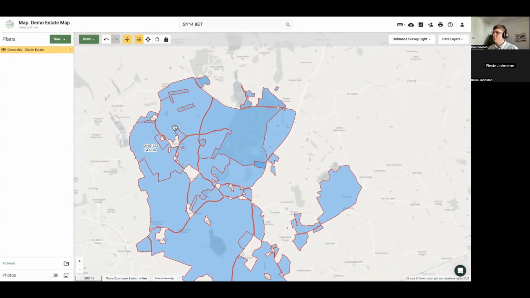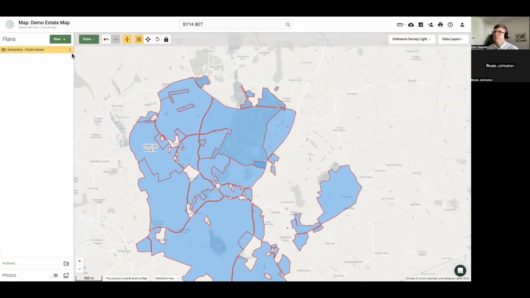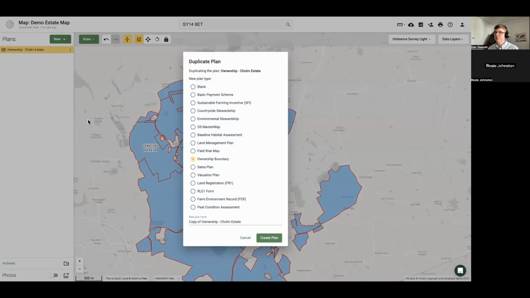The other thing that you may want to do is add some labels, but I will firstly just quickly move over to the tenancy planning before I do that. To create that tenancy map then, what I want to do is create a duplicate of this ownership plan. And the way I do that is I hit the 3 dots next to the ownership layer, go down to duplicate, and this time I want to create an ownership